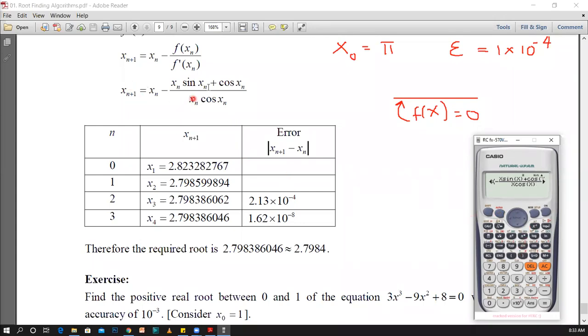Okay, now you have inserted the first function, but since you are using